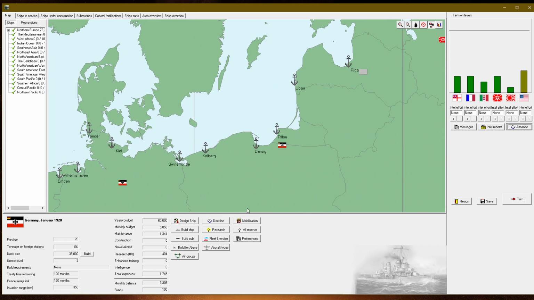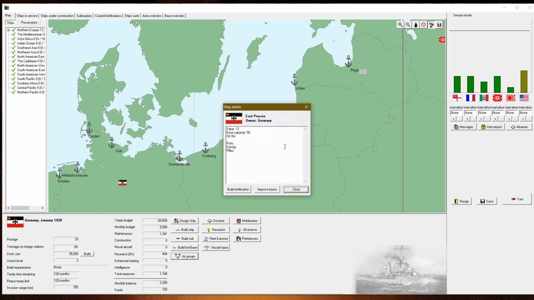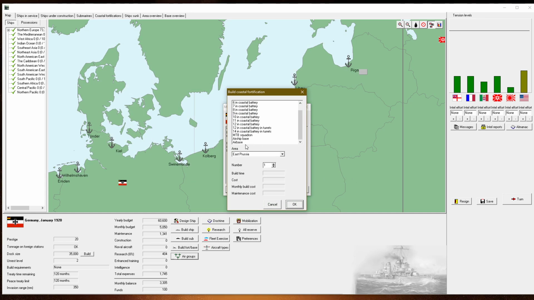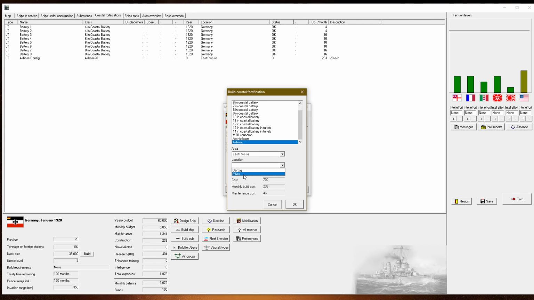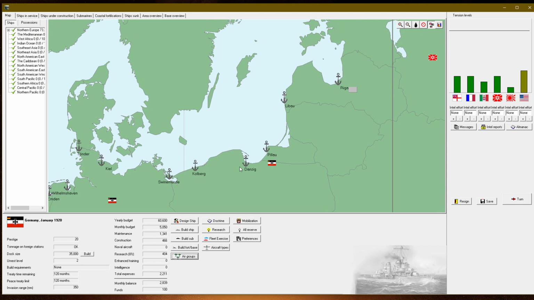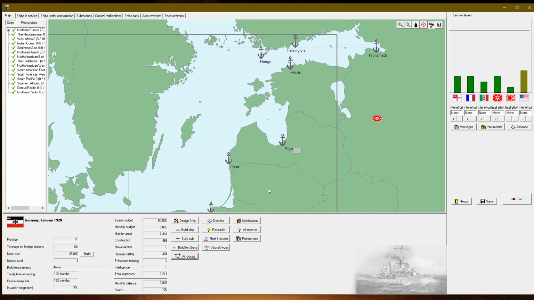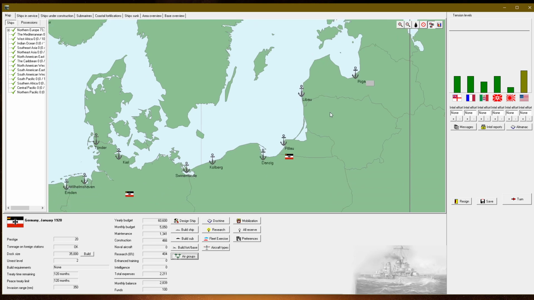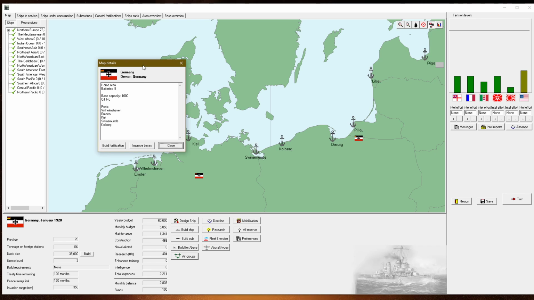Air. Air groups. We currently have not even a single base, it looks like. So we're going to start fixing that. Build air bases. Danzig. And Palau. Okay, I'll take care of these 2. Russia does not have those provinces. That helps us. We are also going to build